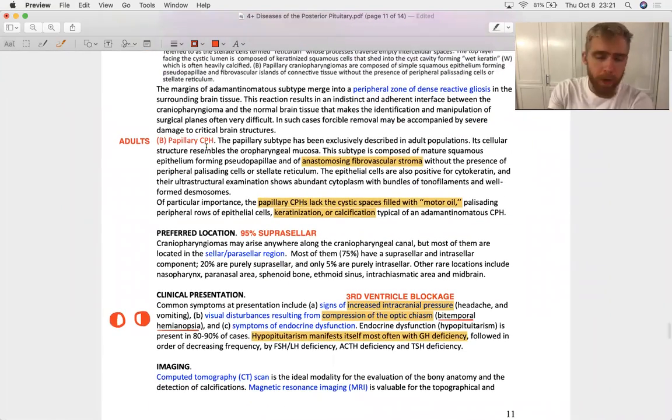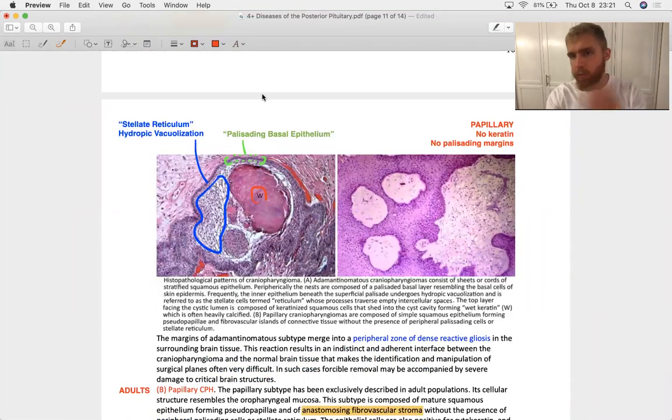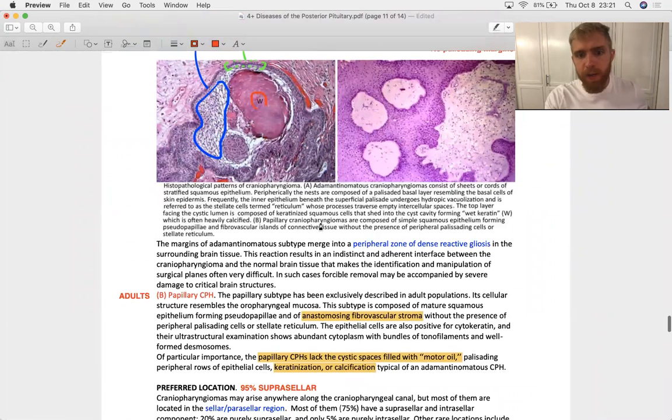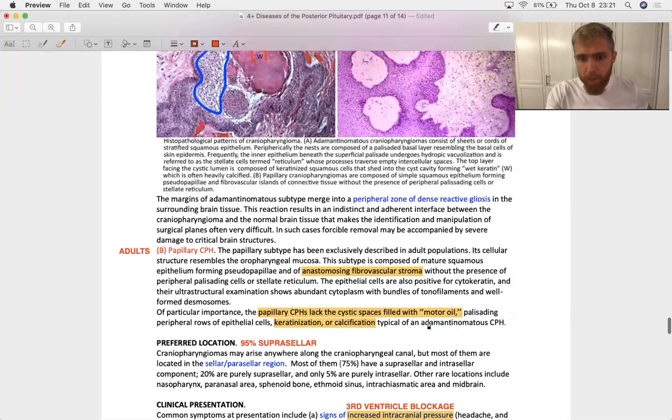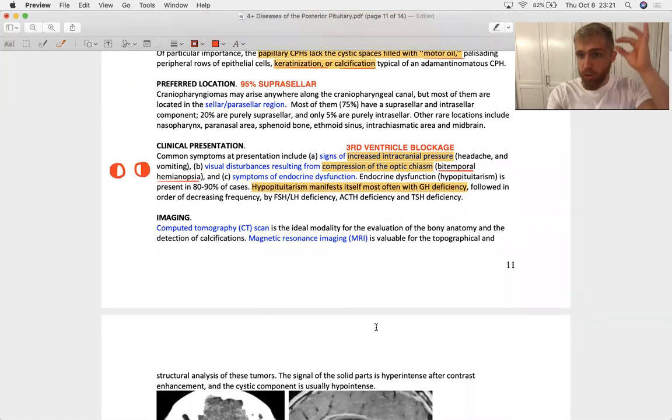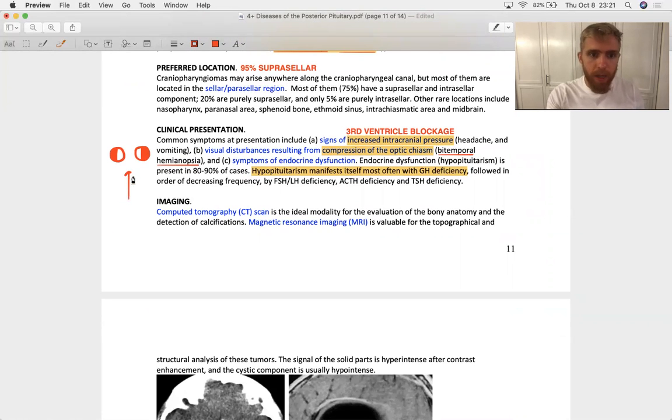In adults, you've got this papillary subtype. So everything that we just mentioned, you don't see in the adult variant of the tumor. You see an anastomosing fibrovascular stroma. Anastomosing just means making communications between two separate channels. It doesn't have the motor oil, doesn't have the wet keratin, doesn't have the calcifications. Where is it? Suprasellar, tends to be right above the pituitary gland. How does it present? You get a loss of visual field laterally in both eyes. That's bitemporal hemianopsia. You are probably going to see some sort of hydrocephalus, symptoms of hydrocephalus, and maybe ventriculomegaly if you were to take a scan,